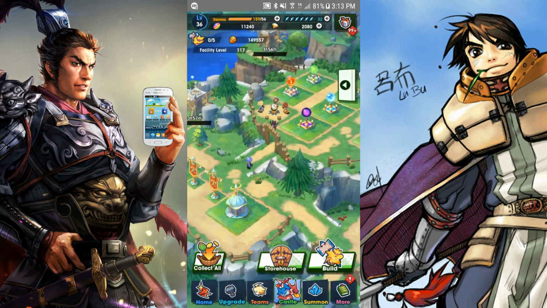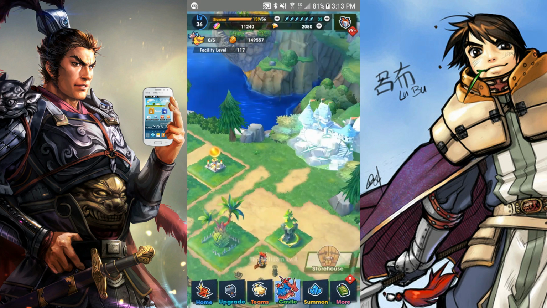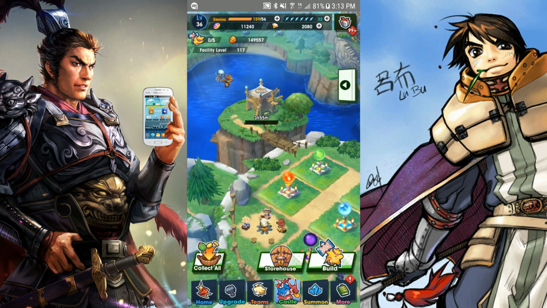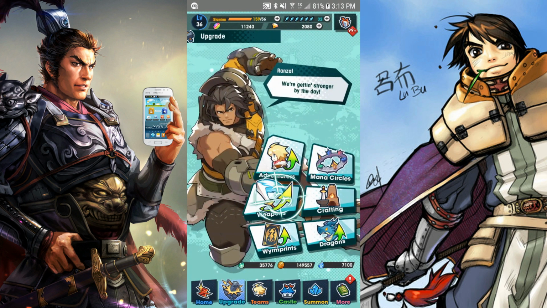get these as high as possible to get myself to facility 200. But that's going to take a while. 100 is all you need at the moment. Anyway, so the reasoning behind all this is because of these weapon...